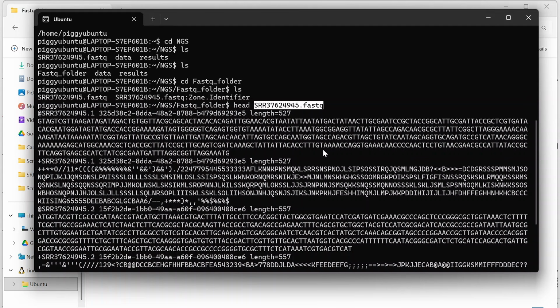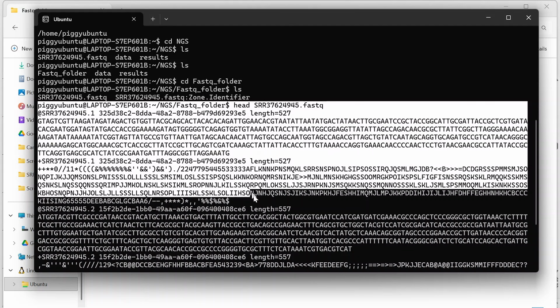Yesterday I told you an example: if a patient has a mutation and we want to generate personalized medicine for that patient, first we have to get the DNA sequence of that patient. We will take the patient sample, give it as input to the NGS machine, and the NGS machine will give us all this data.